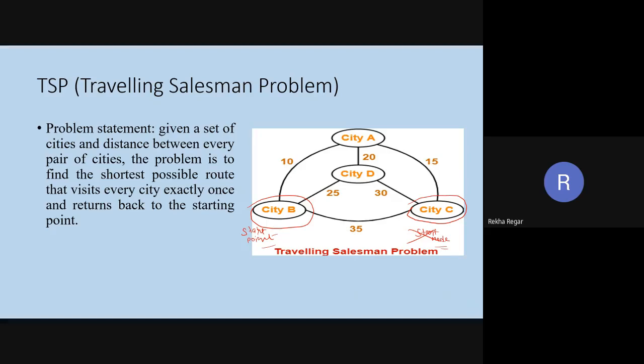So now only one possibility is remaining. You can consider this one as the start node, D is the start node. Then what will be the path, guys? Start node is D. What will be the path? I am waiting.